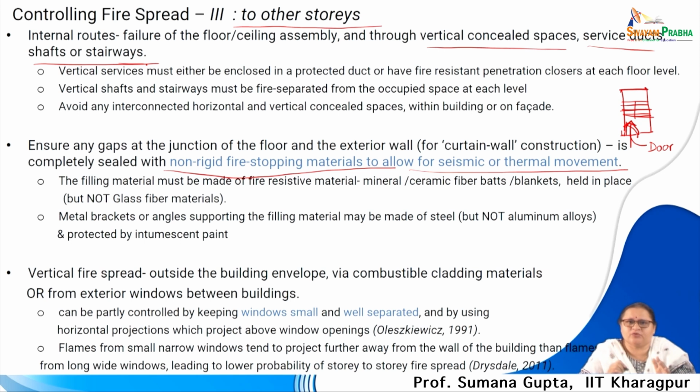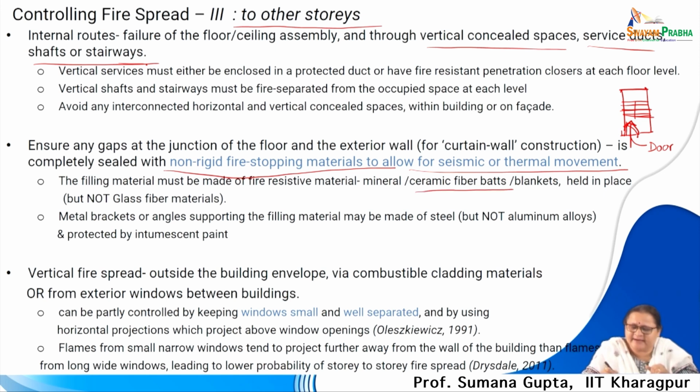So, we cannot put any rigid material, to ensure that there are no stresses developed and no cracks in the building during its entire life, because seismic forces and fire will not happen every day, but the thermal changes will happen. So, some non-rigid fire stopping materials are popularly used, which are